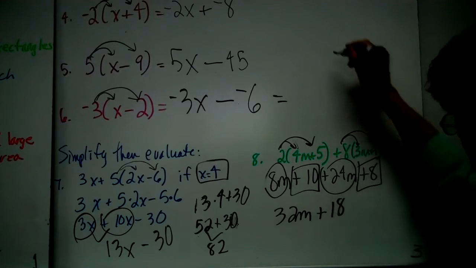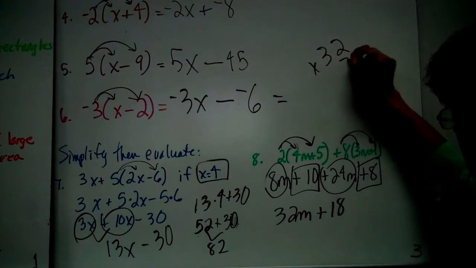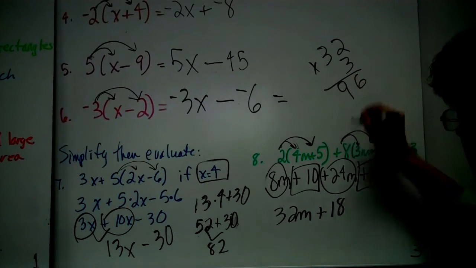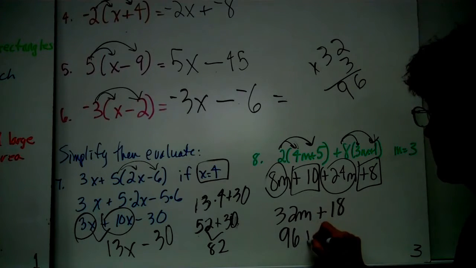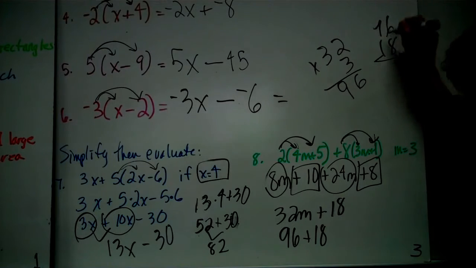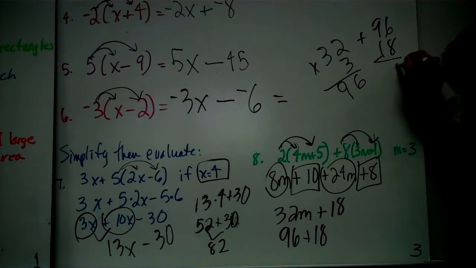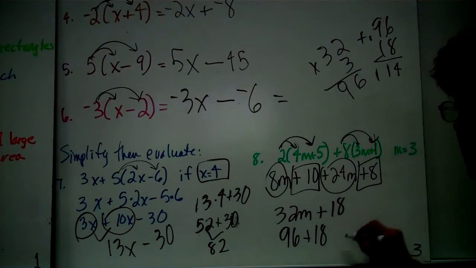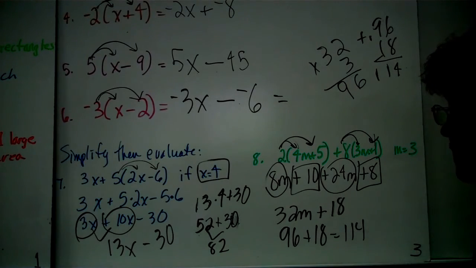My m is 3, so I do 32 times 3. It's going to be 96. So it's 96 plus 18, and if you need to do it over here, just do it on your piece of scrap paper. 96 plus 18, that's going to be 114. And that's